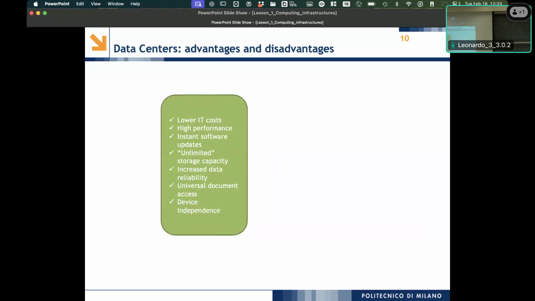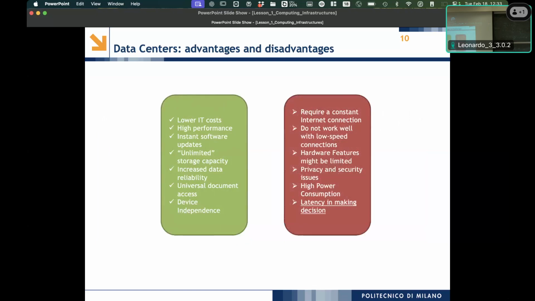We then were focusing on pros and cons of data centers. These boxes are relevant for us not to take a dogmatic a priori position of what is good and what is bad, but to understand which are the relevant characteristics for making a choice. Because given an application, you are a computer scientist in charge of deciding the architecture of the underlying infrastructure, to choose in a way that you can operate your application at best.